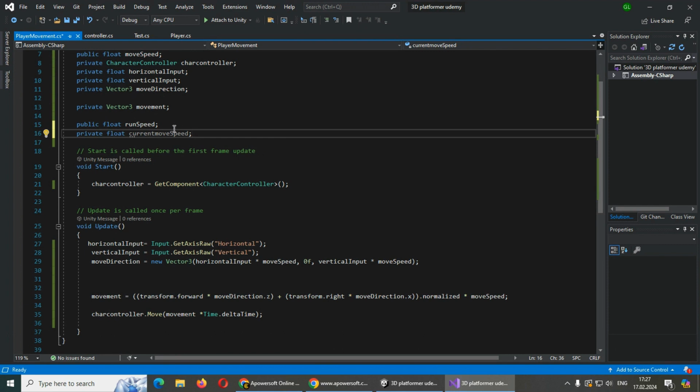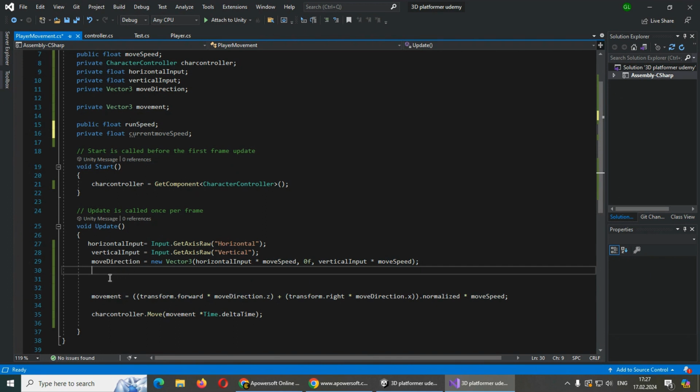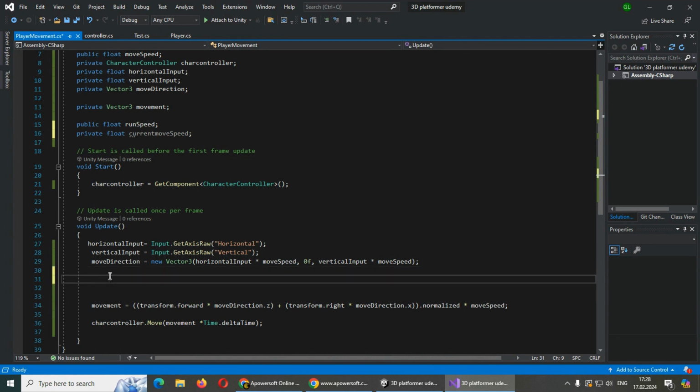So we will have two speed modes. This move speed will be our regular speed, and run speed will be our turbo speed. So after our move direction, we can simply add some very easy logic that if we are touching some specific key on our keyboard, something should happen. So to do that, we should say if input